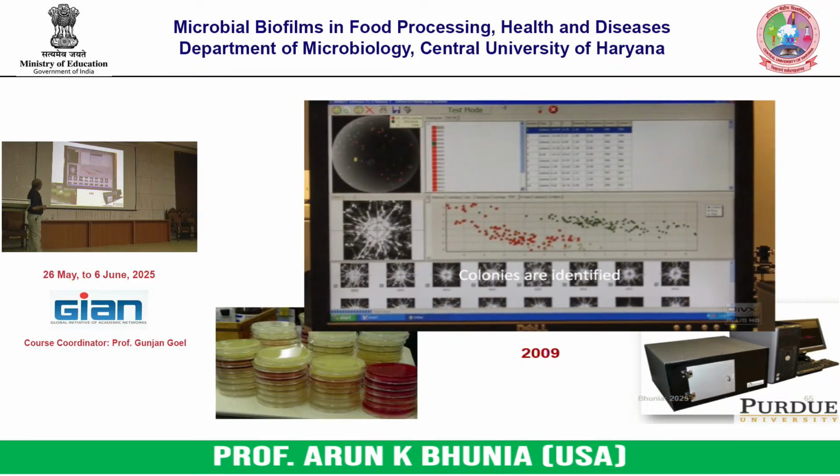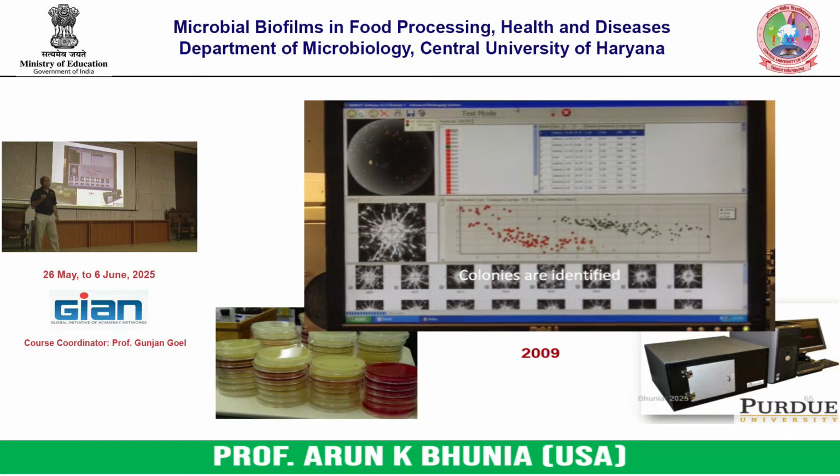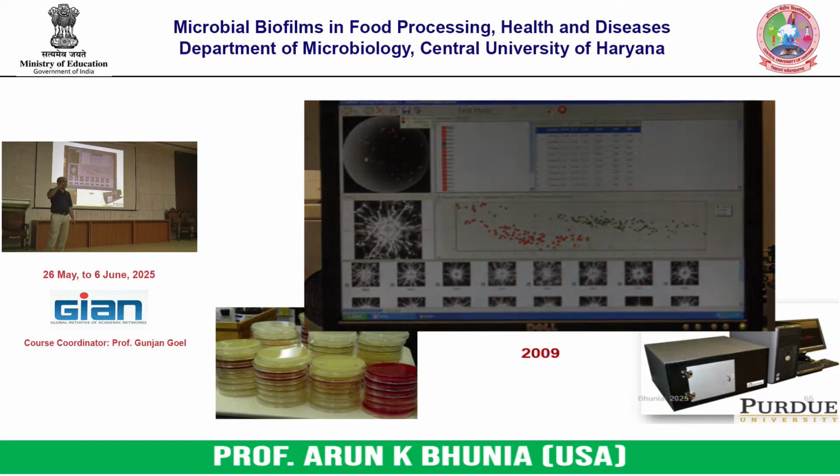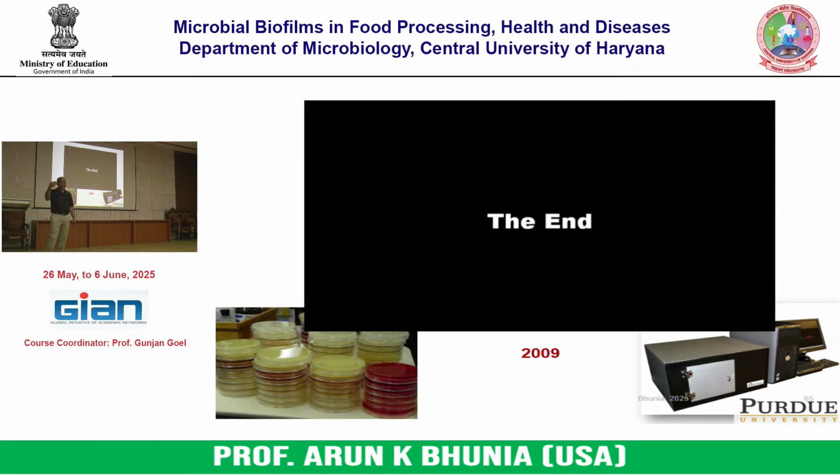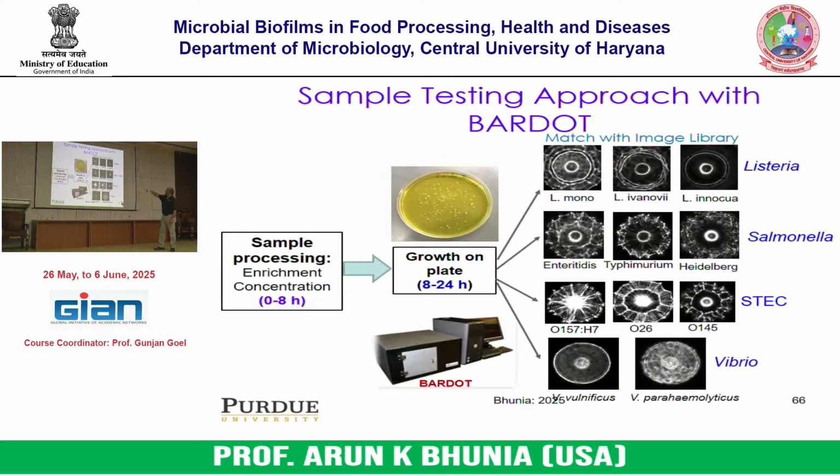You see this one? Then you can use AI or machine learning, the image processing I mentioned, which are trained. Now they are looking for that signature. If they find that signature, they will tell you, oh, this is Listeria, or this is E. coli, or this is Salmonella. Everybody clear now? And this is what we did, and this is the pattern we see. This is a clear example. If you have these multiple colonies growing, you have no clue what they are, and then Listeria would look like this. Salmonella would look like this. Shiga toxin producing E. coli